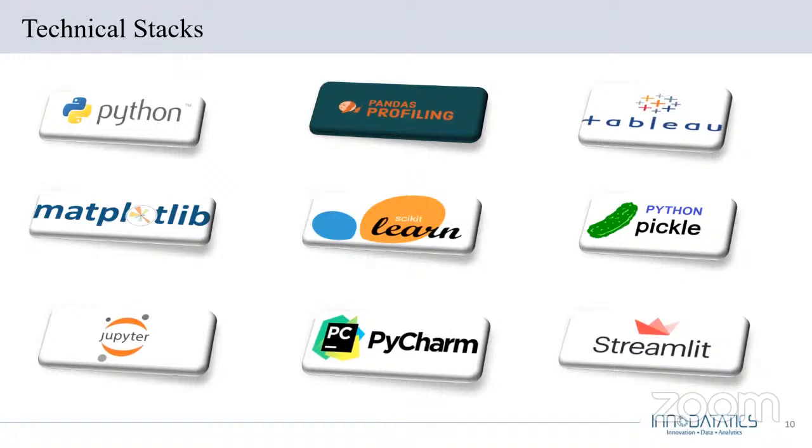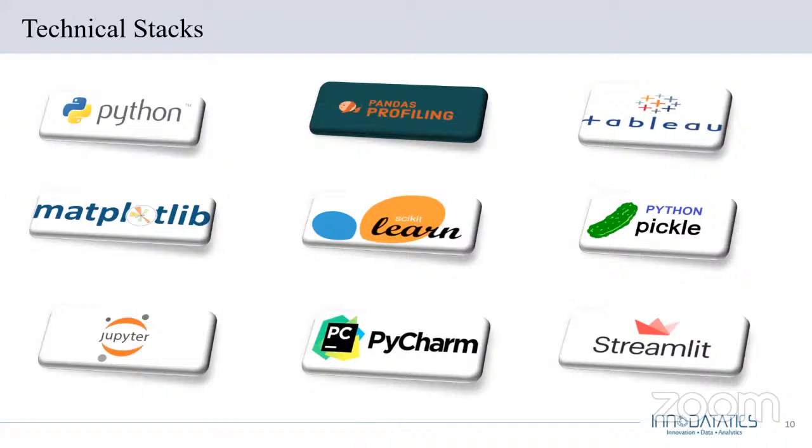We have also used matplotlib, a cross-platform data visualization and graphical plotting library for Python and its numerical extension NumPy. As such, it offers a viable open source alternative to MATLAB. The Python library sklearn is the most useful and robust library for machine learning in Python. It provides a selection of efficient tools for machine learning and statistical modeling, including classification, regression, clustering, etc.